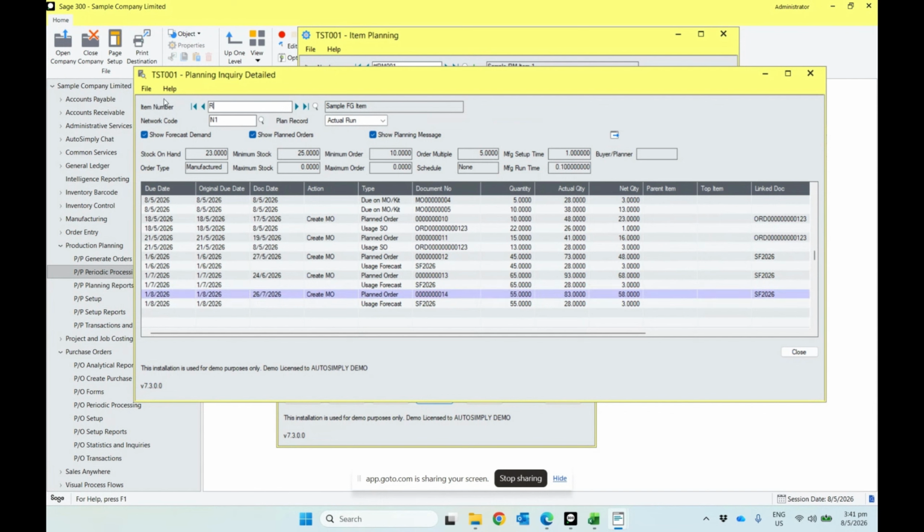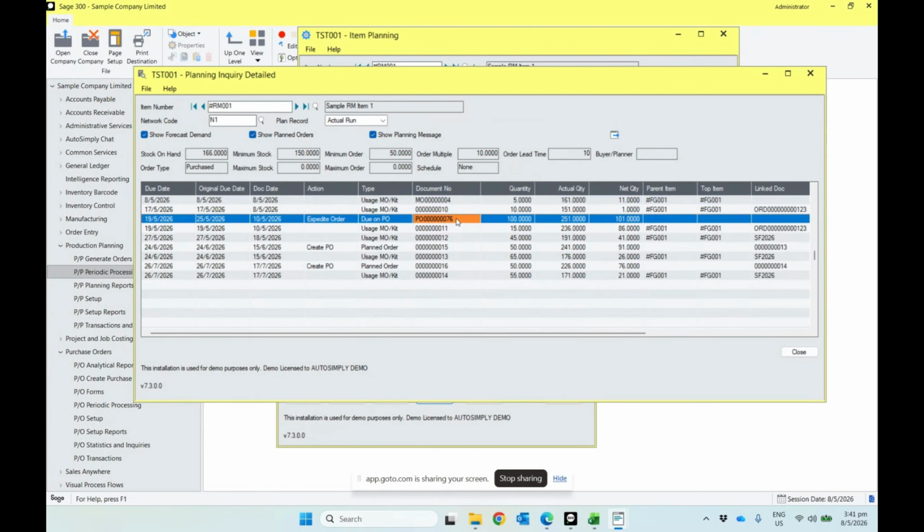That is how the system is making use of the manufacturing lead time. For the raw material one item, we actually added a PO. So notice now that there is a PO 76 that the system can recognize. It knows it is for 100 pieces. Originally, the due date is May 25, but the system is actually suggesting us to expedite the order from May